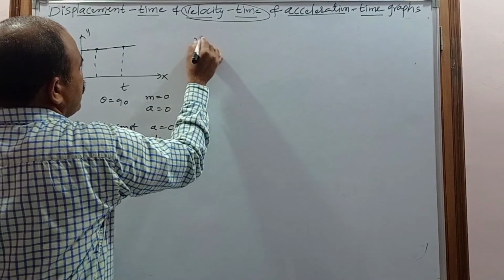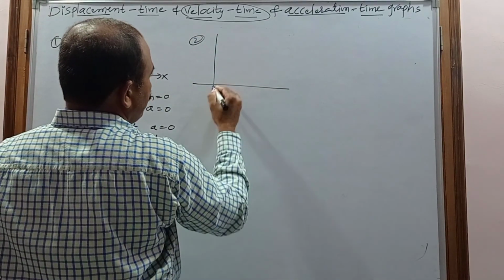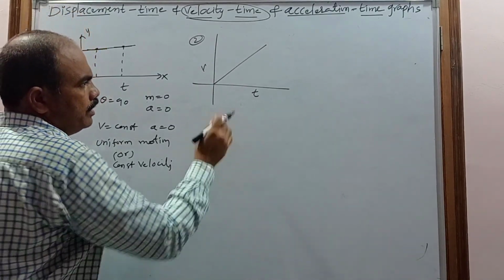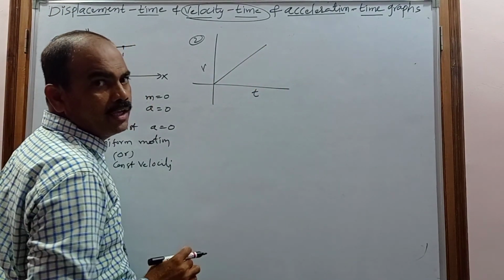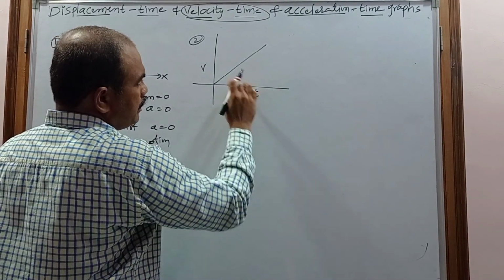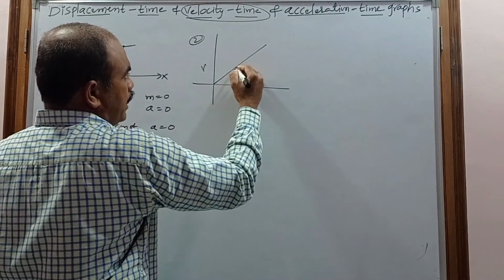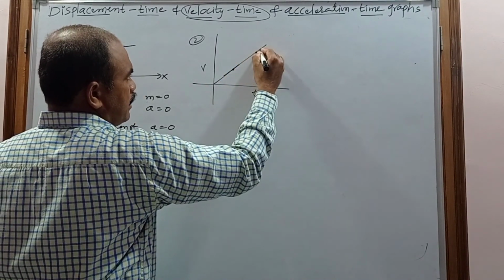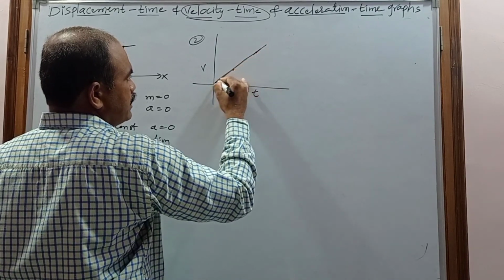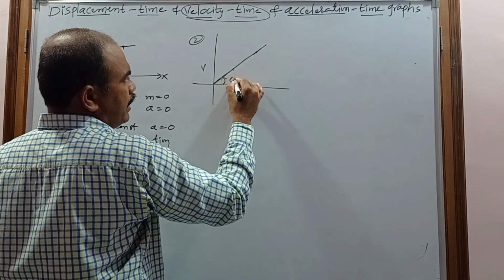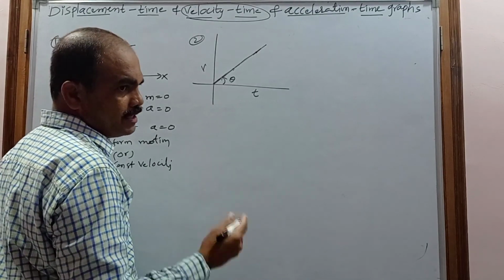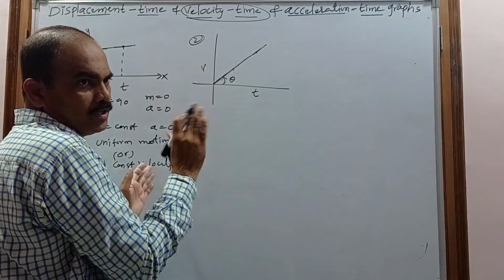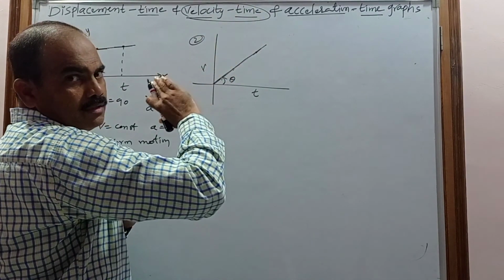Now coming to the second graph. If the velocity versus time graph will be like this, when the time is increasing, the velocity is also gradually increasing. Again, to find the slope, I am taking two points. If tangents are drawn at two points, the tangents and the line make the same angle with the x-axis, that will be considered theta. As I already said, if the graph is a straight line, the slope may be positive or negative, but the slope cannot change with respect to time, remember.